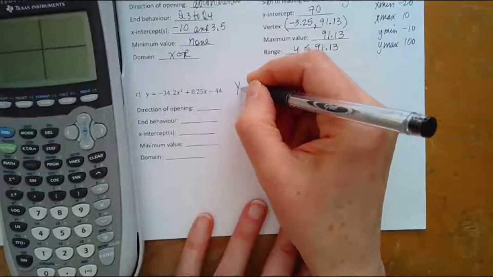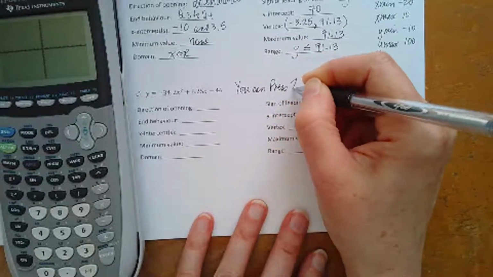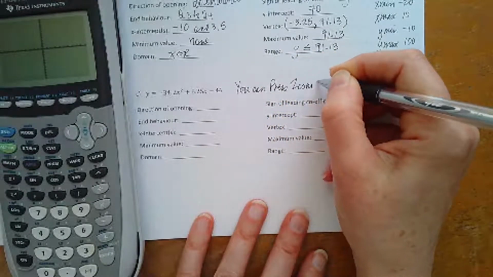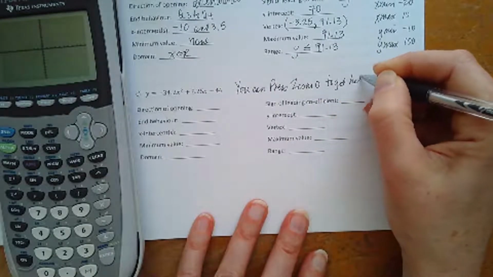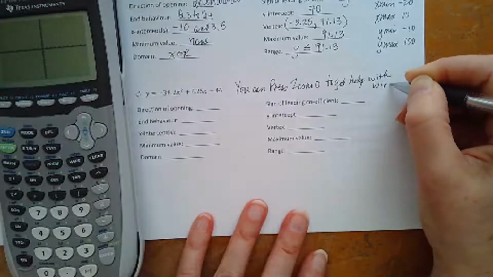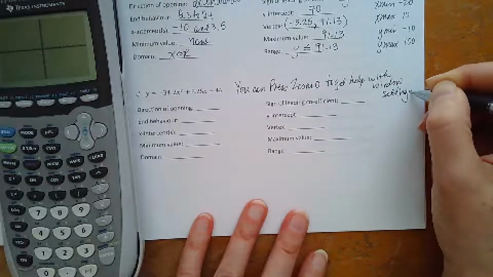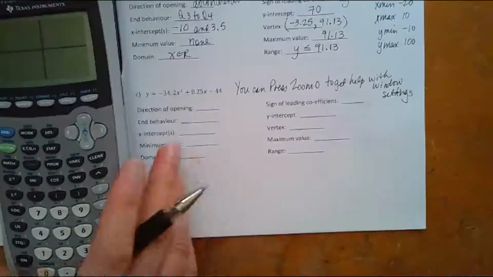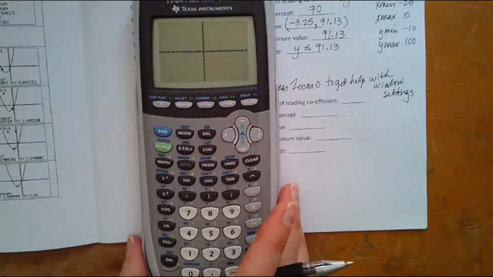You can press zoom 0 to get help with window settings. That word is settings. So if you're stuck with a graph that you've entered everything in, you press graph,